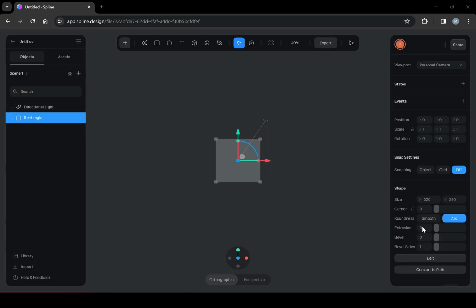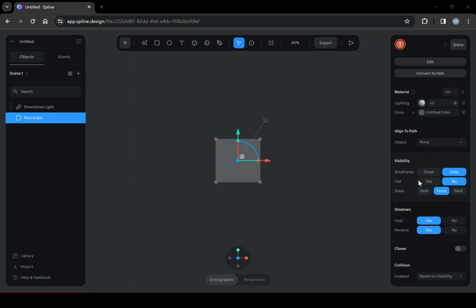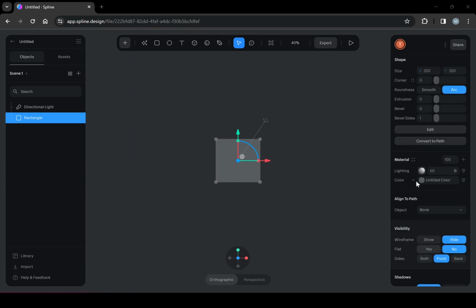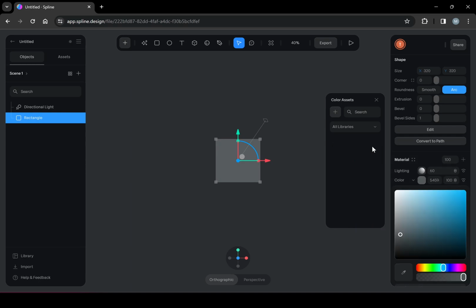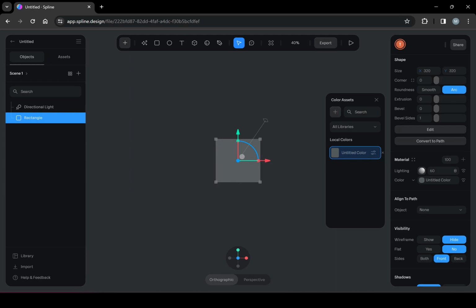So here we got the box. I'm just going to change the color. Let me see here. So if I scroll down on the right side, you can see I got this color. I'm going to click on it, double click it, and I should see this pop up. Click the X. I'm just going to get rid of it. I can add color assets, and then I'll double click this again.